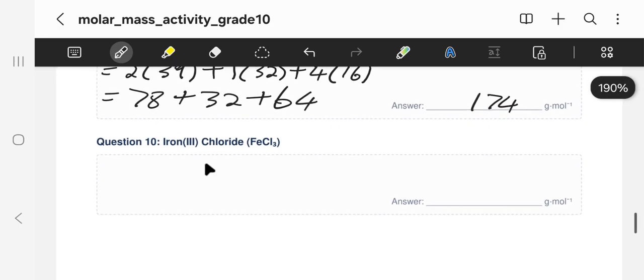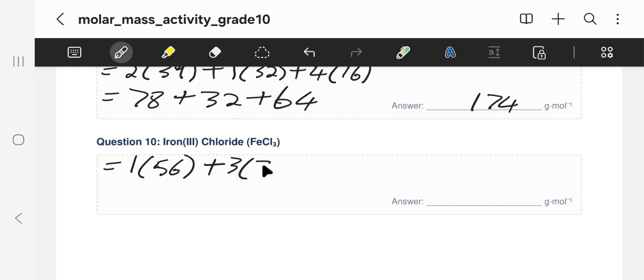And this one is the last one. Can you also try out this one? So with this one, guys, this one is iron chloride, by the way. How many irons do we have? We have 1 iron. What is the mass of iron? The mass of iron is 56, plus how many chlorines do we have? We have 3 chlorines, and the mass of chlorine is 35,5. Then we say 1 times 56 to get 56, plus 3 multiplied by 35,5 is going to give us